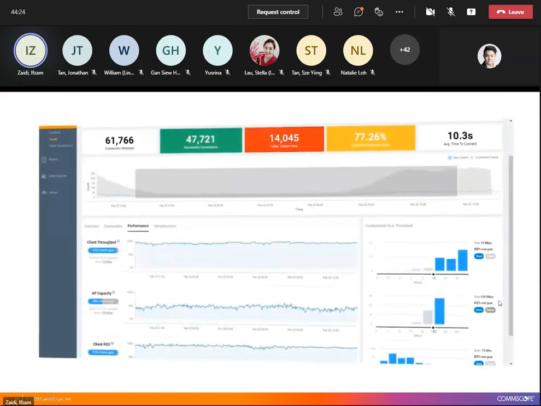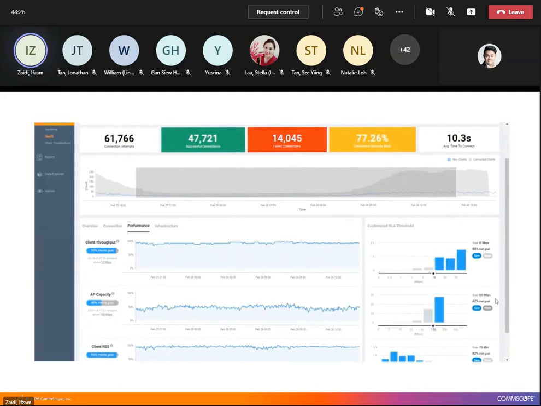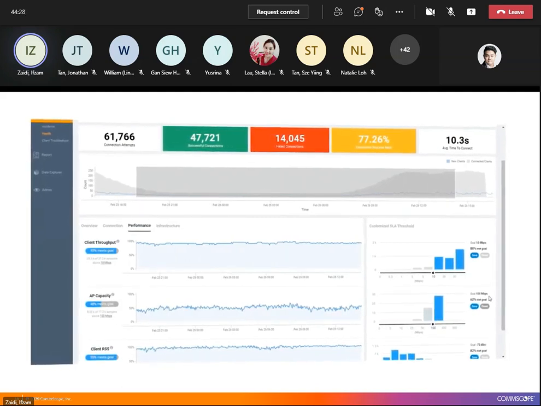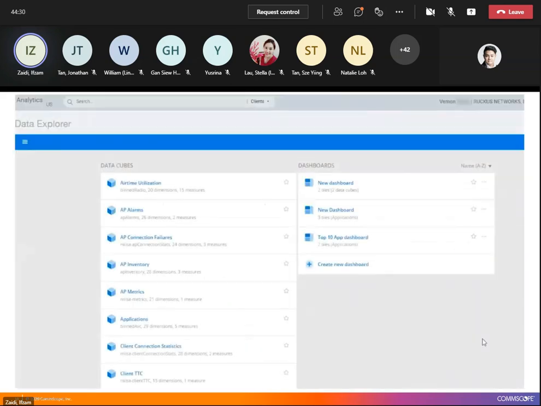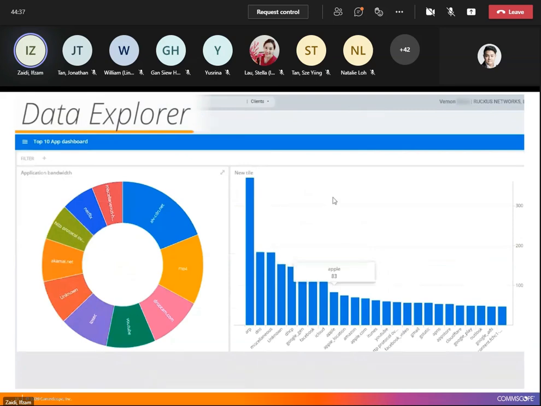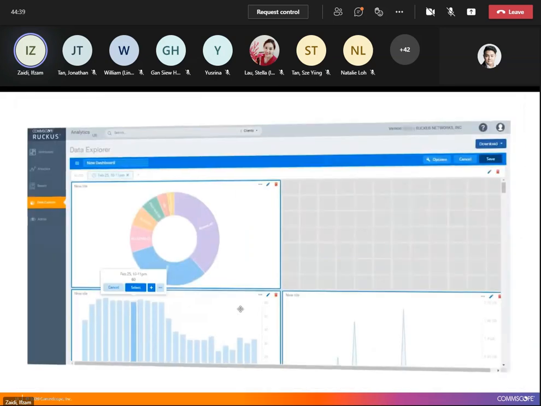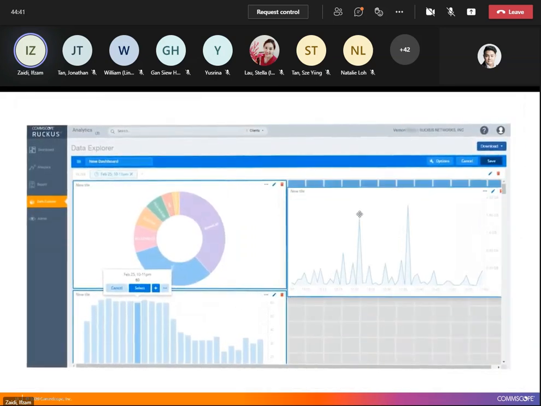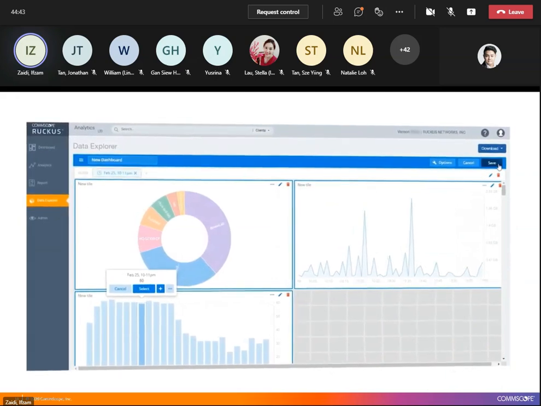The system will tell you the percentage of client sessions that achieved your new SLA objective. Finally, a quick word about Data Explorer and prepackaged reports. The Data Explorer tool lets you build custom dashboards tailored to your requirements. You can create new panels, edit them at will, and reposition them with drag-and-drop ease.